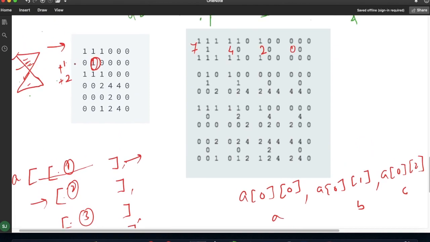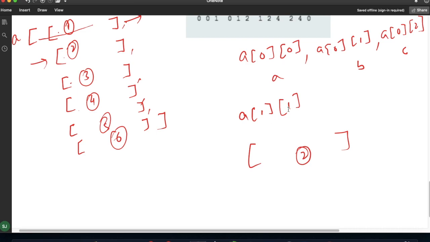This is my A of 1,0, and this is my A of 1,1. So if I write A of 1,1, it will give me the D value. Now we are done with the D value.